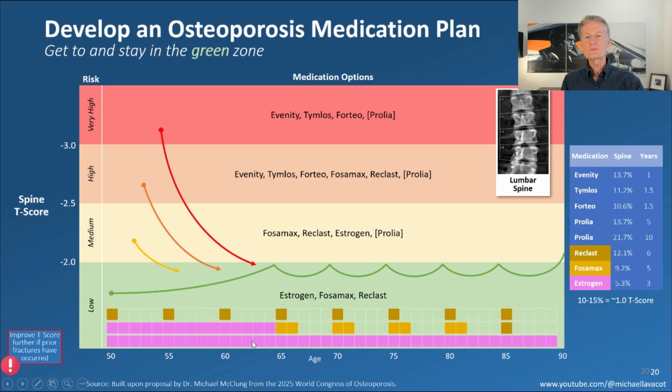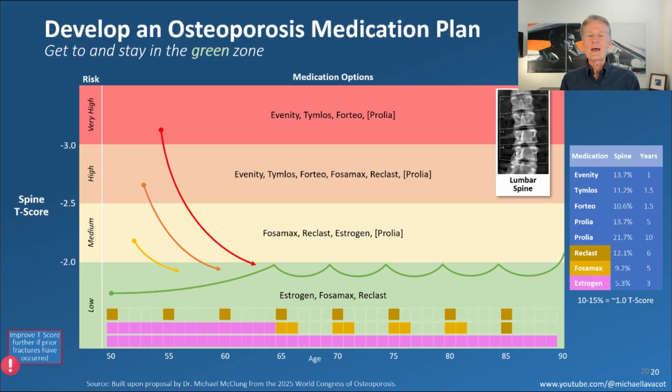And now this middle one is, for whatever reasons, you decide, you freak out on estrogen, you hit age 65, maybe you're going to transition. You have to transition off of estrogen to another drug, because otherwise you're going to see that knee again, right? And that's why he's showing here, maybe what you do, if you're going to stop estrogen, is you do just 2 years of Fosamax, right? Just allow your bones to settle in, harden that structure that you've built up with estrogen. And then you take 3 years off, right? Let your bones recuperate, reheal, and fix some micro fractures and do its thing like it's supposed to. And then you go back on drug, right? And harden things back up again.